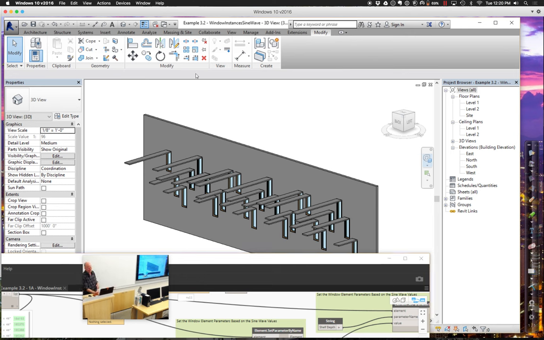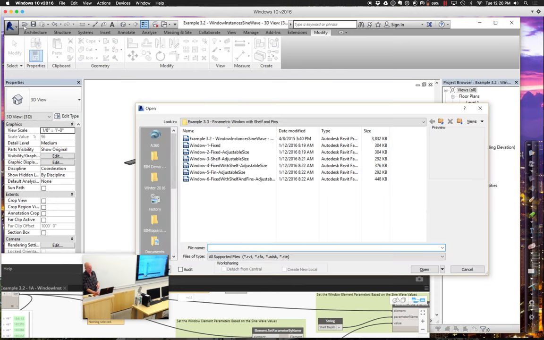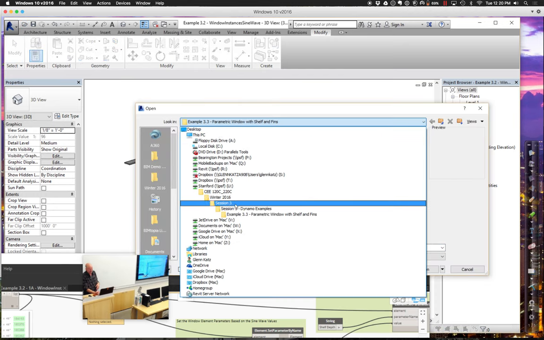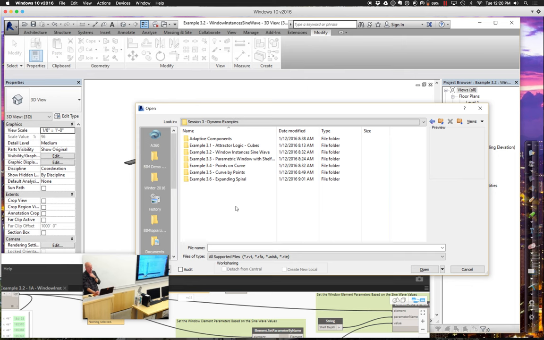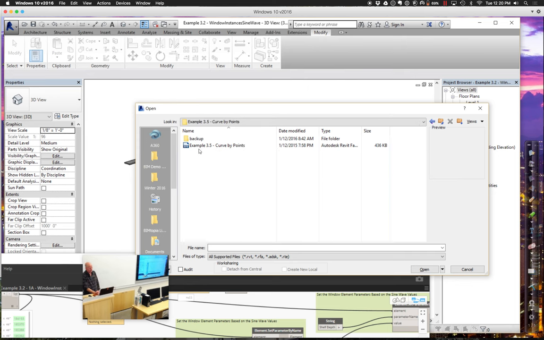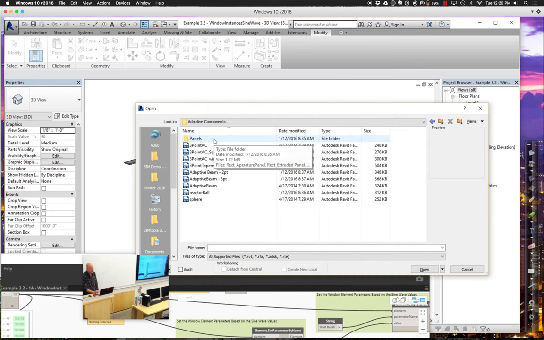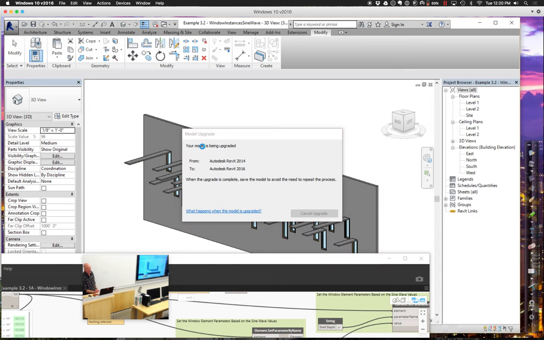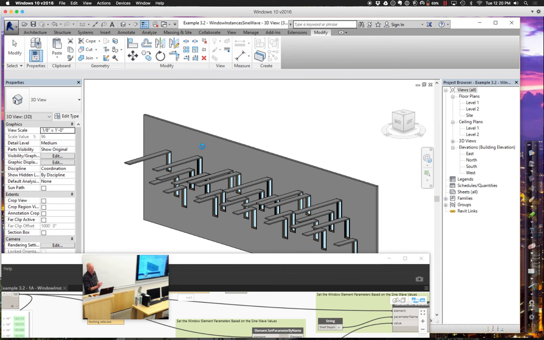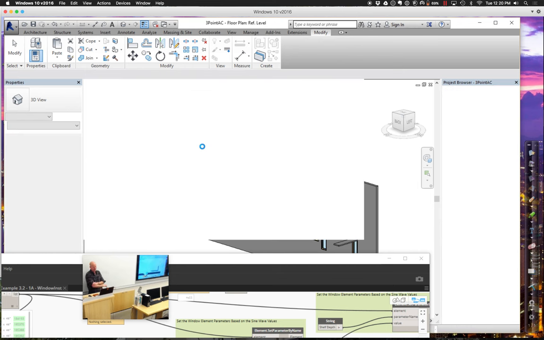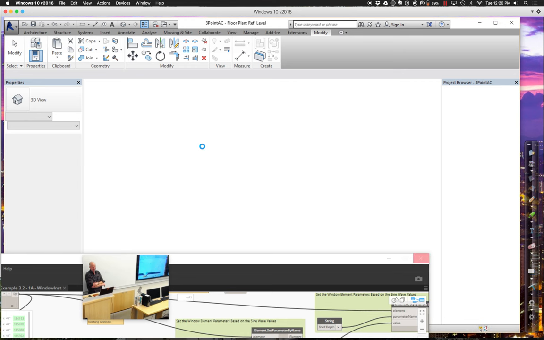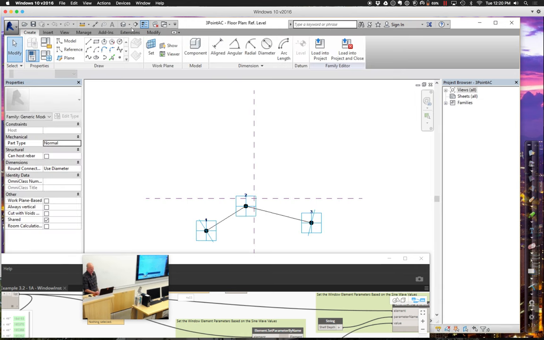The final thing we're gonna talk about next time is this: all these parametric families that look like this are pretty good to work with, but what if we wanted to work with more of the adaptive components? Things that involve more than a single point, and can we use geometry to start adjusting and placing them? There are similar elements, like the little Revit families that I just added a little shelf and fin to, that define single placement points, but there are also things that look like this,